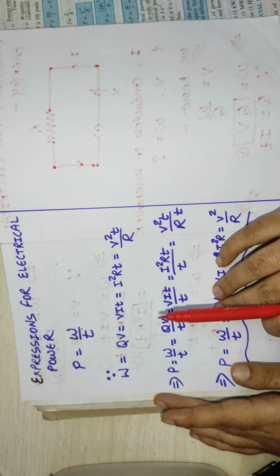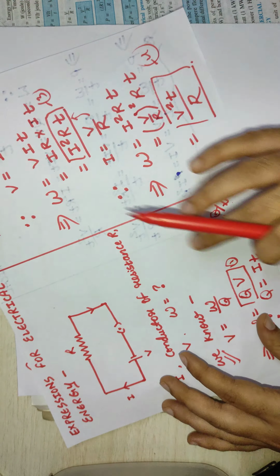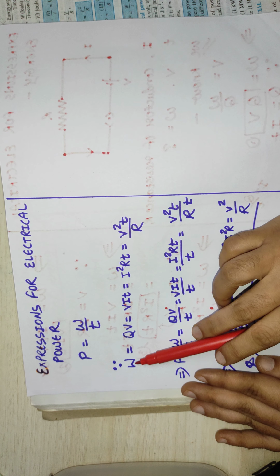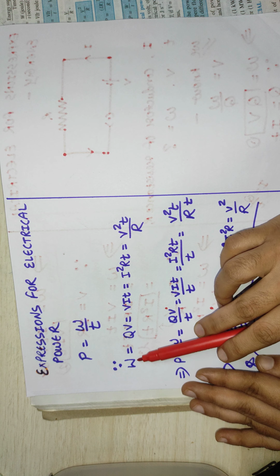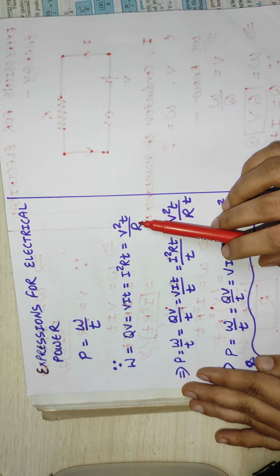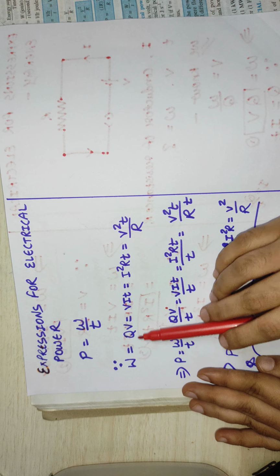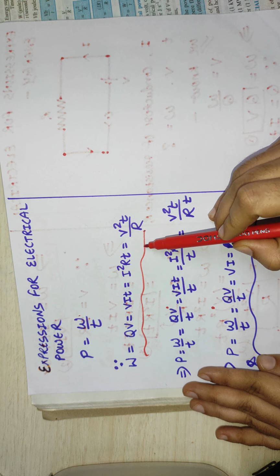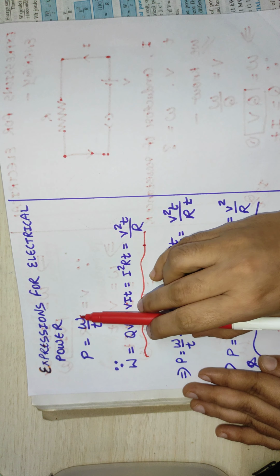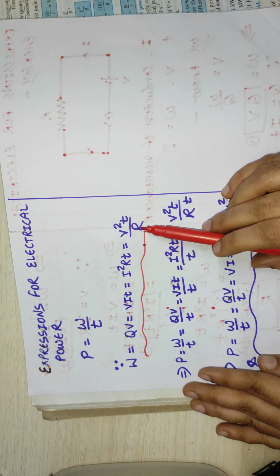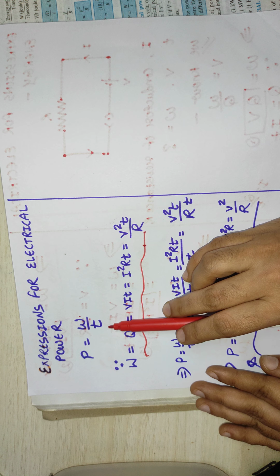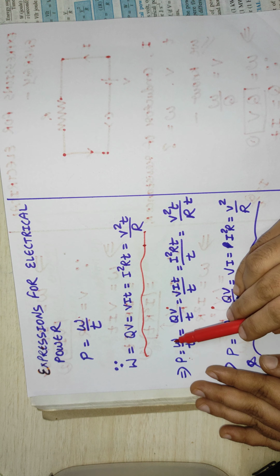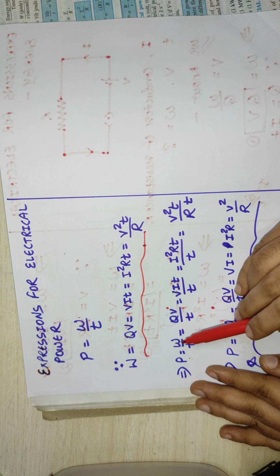Now, from all these concepts we have got different formulae for W, the electrical energy or the work done. Clear? So we have these 4 formulae here, and these can be substituted in place of W. We will substitute these different formulae in place of W and divide all of them by time, because what we want to find out is the power consumed. So power will be found out by W by T.